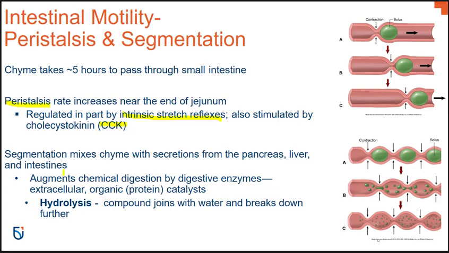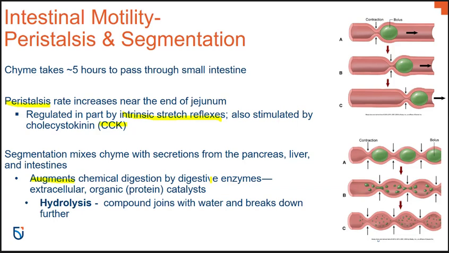Segmentation in the duodenum and the upper part of the jejunum will mix the incoming chyme with digestive juices from the pancreas, from the liver, and from the intestinal mucosa, as discussed in previous lectures. And of course, we also know that segmentation is going to put food and nutrients in close contact with the intestinal mucosa for absorption when they are ready to be absorbed. But before they're ready to be absorbed, they need to be broken down and mixed with these digestive juices. So we can say that segmentation really augments or contributes to chemical digestion by mixing the food with digestive